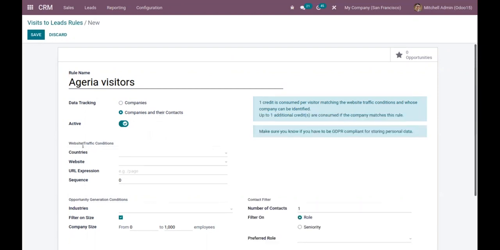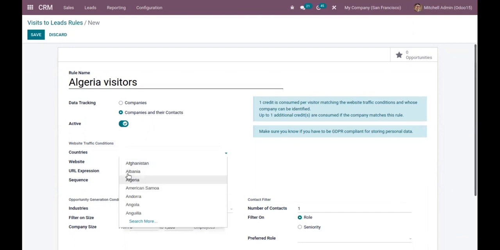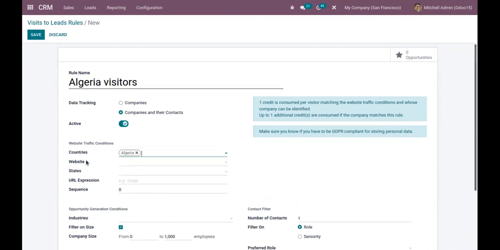Then here you can add the website traffic conditions. So visitors of the website will be converted to leads or opportunities only after satisfying these website traffic conditions. Like, as I have given the rule name as Algeria visitors, I want to set the country as Algeria.